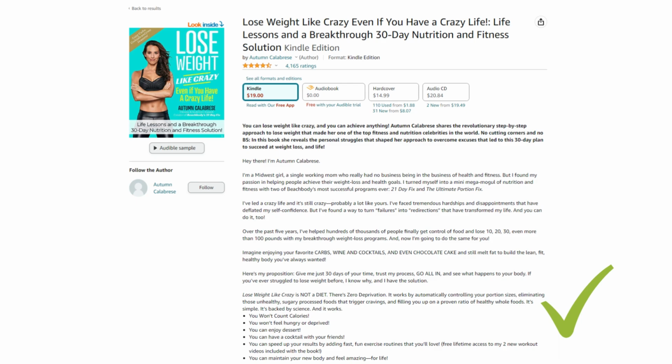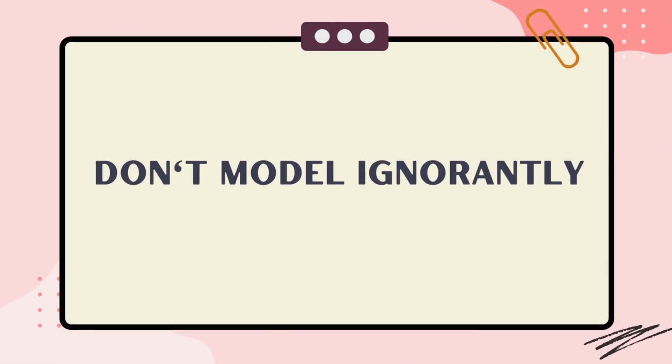For books that are doing well in your niche, it is okay to model their description, but do not model blindly because Amazon will come for you, even down to your description, yes. But it is essential to always be creative in your writing, and that brings about your copywriting skills.